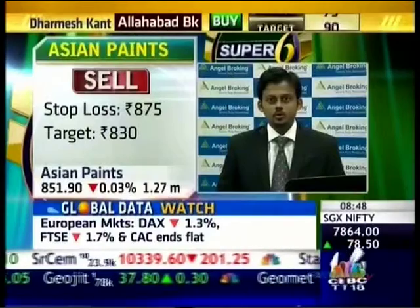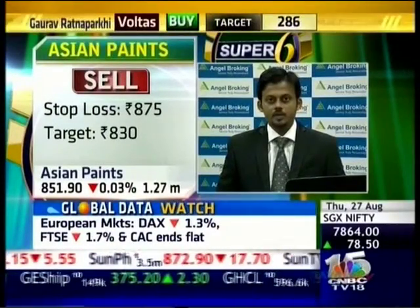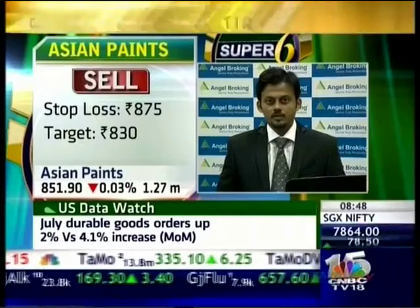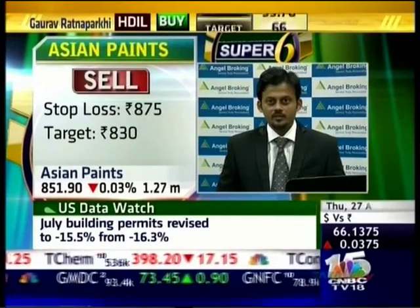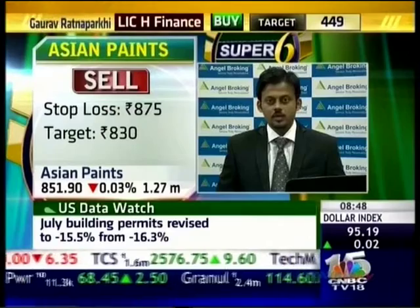target of 559. Our second recommendation would be to go short on Asian Paints for a target of 830, stop loss 875. Looking at the overall chart structure and negative placement of momentum oscillators, we expect a slide towards 830 in Asian Paints. It can be sold on a bounce towards 855, 860 by keeping a strict stop loss above